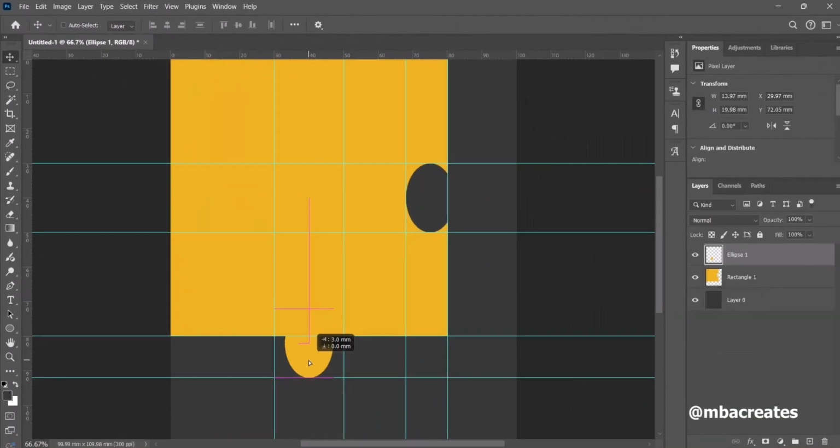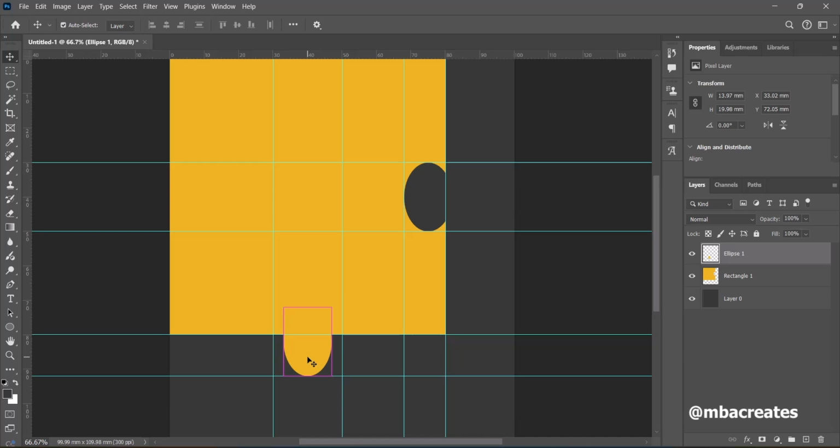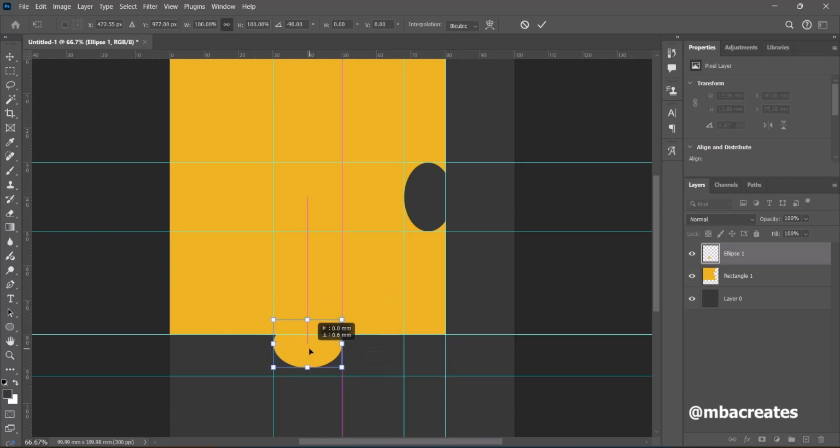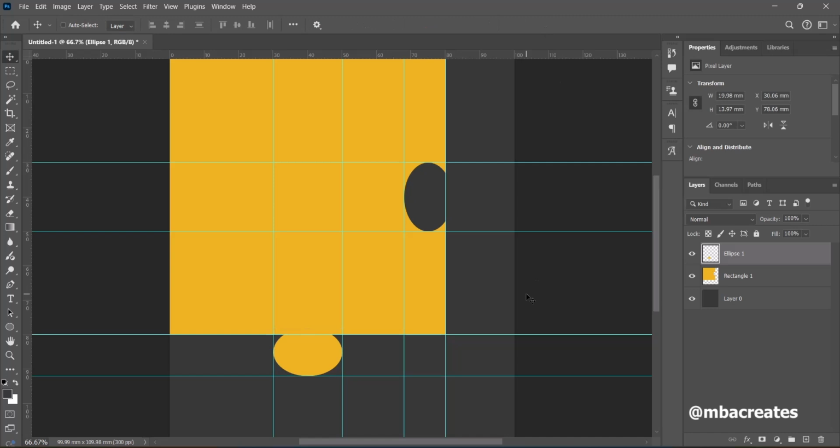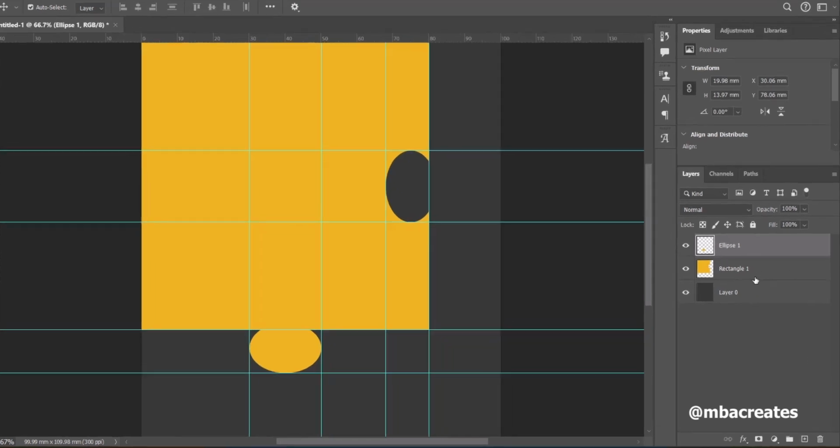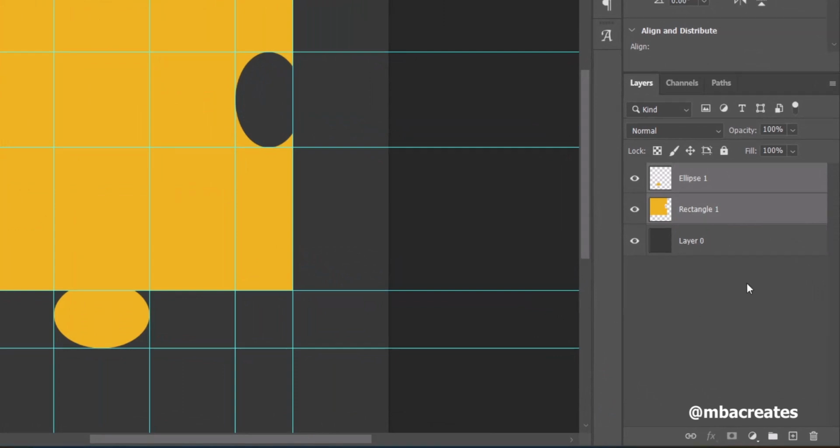Now back to our ellipse, hold Ctrl T or Command T and then hold down Shift, rotate. Now move it in place till it hits the lowest guide like this. Hit the check mark to accept. And now we head into the layers panel. Select both the ellipse and the rectangle tool and merge both layers. You can press Ctrl E or Command E on your Mac